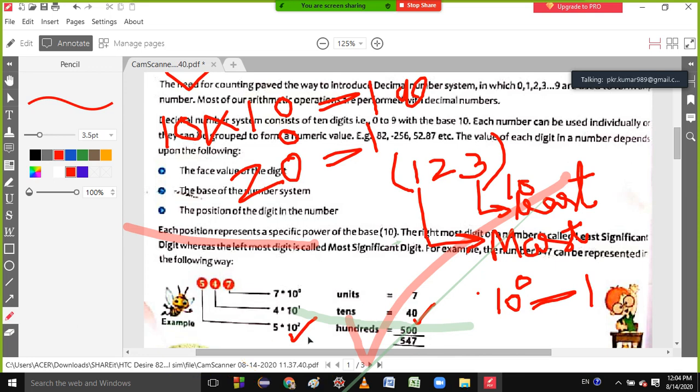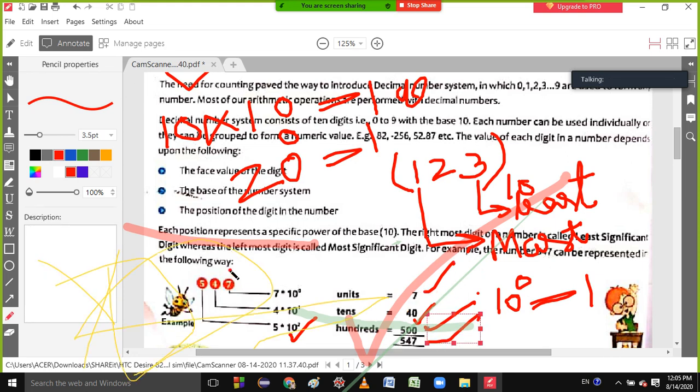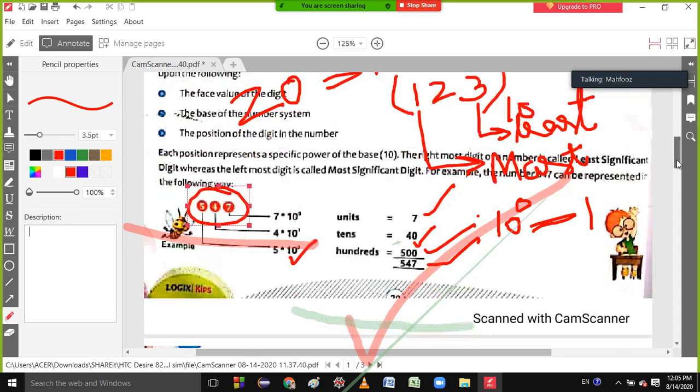Students, I am showing the pictures also. I will upload the video, don't worry, just watch it, you can watch the video on YouTube. Okay, students? So 10 multiply 10 is 100, 100 multiply 5 is 500. So it gives answer 500. So 500 plus 40 plus 7 gives 547. So this is the number 547, it gives the complete number.